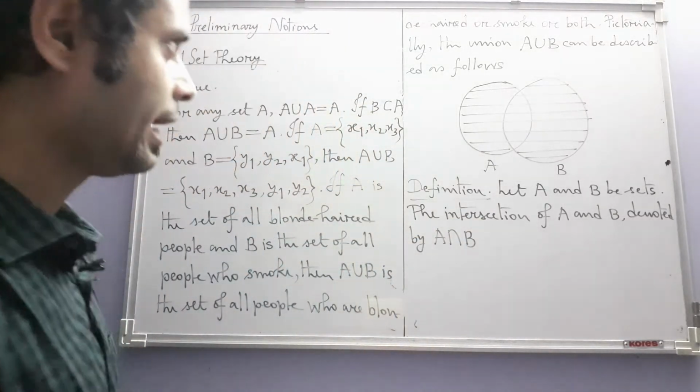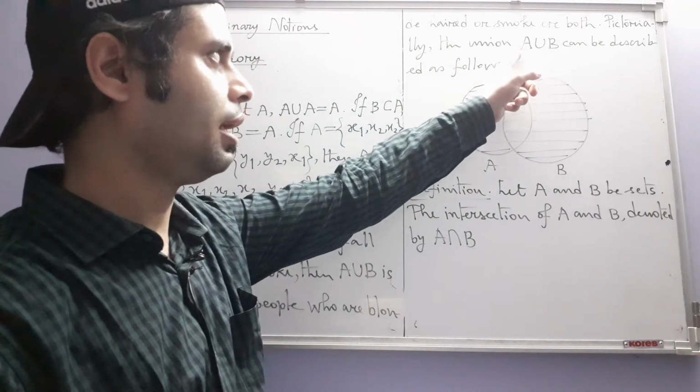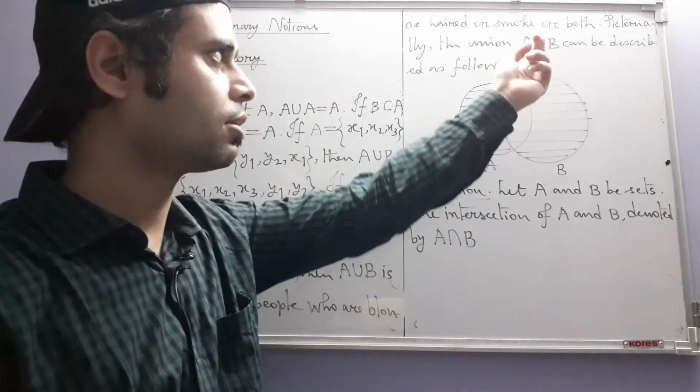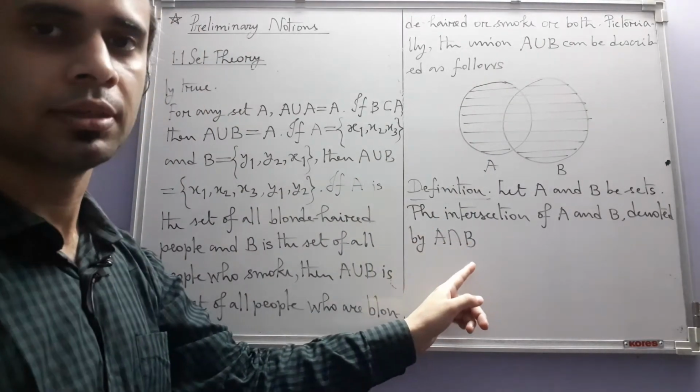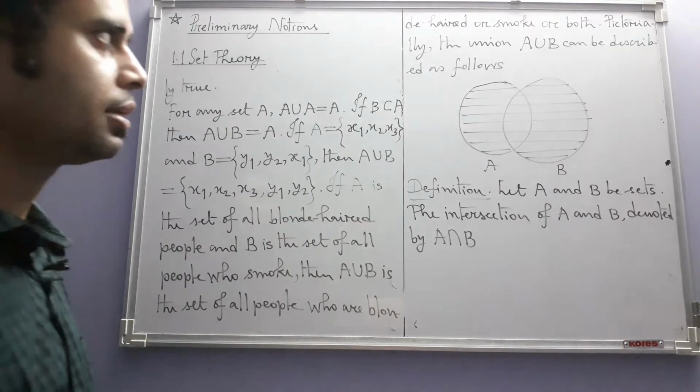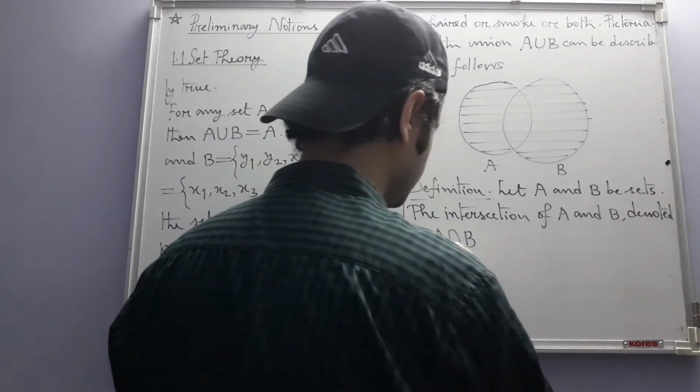Okay, when we write this, sometimes we say A cup B because this one looks like a cup, whereas this one is called A cap B. It looks like a cap. I mean, you can understand sort of by this